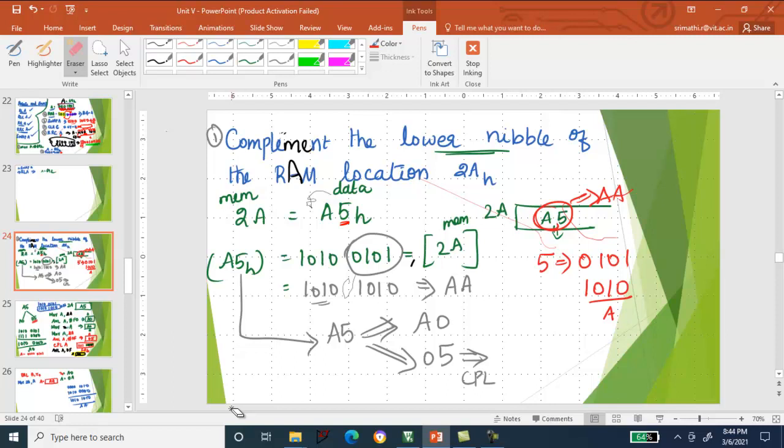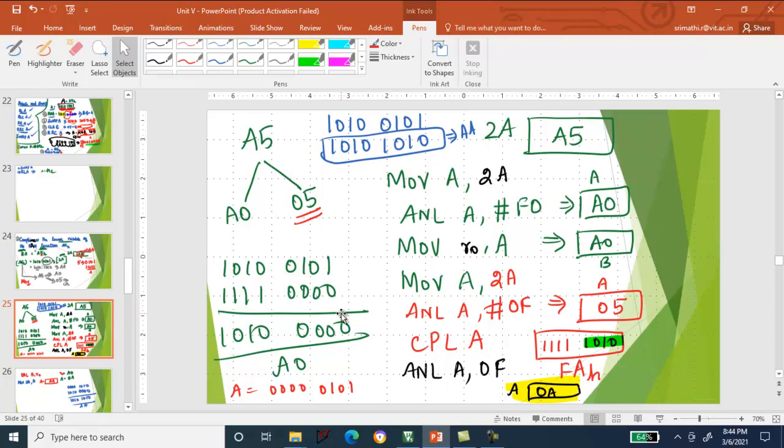Assuming that 2A is already having A5, first I need to move the data available in 2A, which is A5, into the accumulator. After that, I need to do a logical AND. The accumulator is having A5. First I will AND the accumulator with F0.